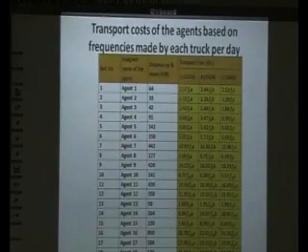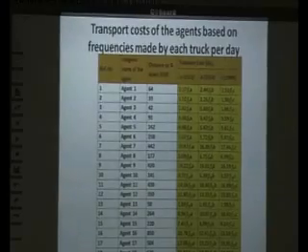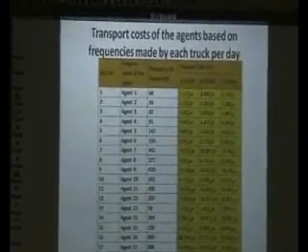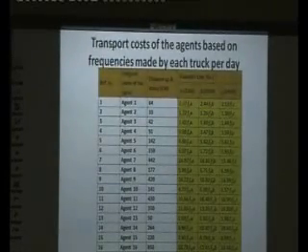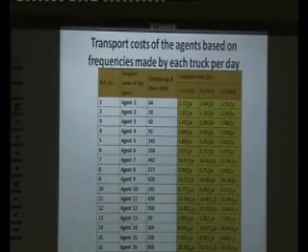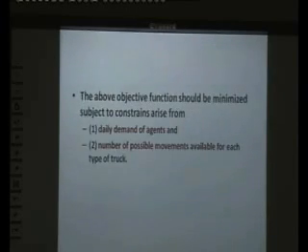So this one cell represents a total cost, if we send a 2156 lorry to agent 1, so we have to spend this much of transport cost. So likewise, based on the above information, the objective function can be derived as follows. This is a bit complicated because it has 54 elements here. So this is the total cost per day,